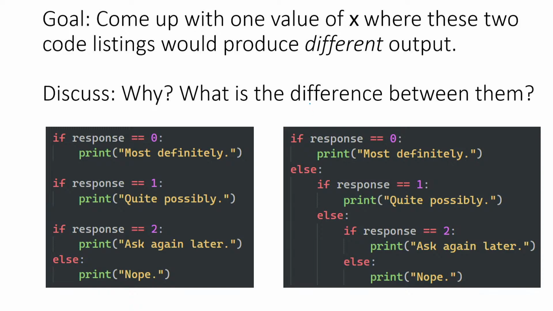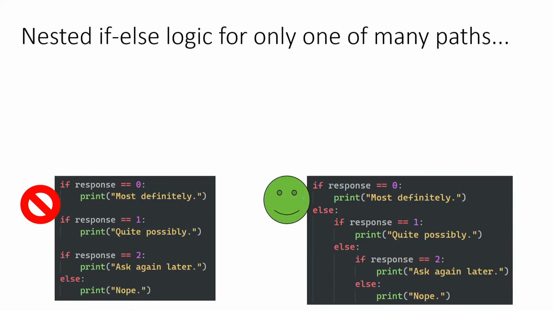And unrelated if statements that are following one another, the computer's going to evaluate each one by one, no matter what. Whereas in a nested if then else, as soon as you reach a then that is true, so like let's imagine it was 1, this would be false, so we would skip over that. We would go into this if block. If response is 1, we would print quite possibly, and then we would skip out of that and not evaluate what followed. So it winds up being a little bit more efficient as well.